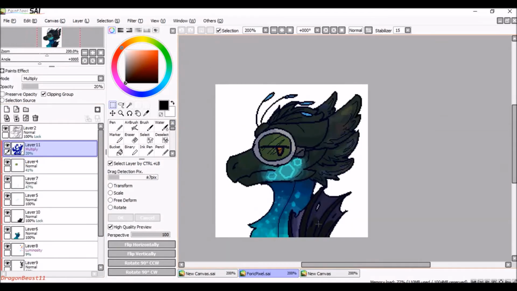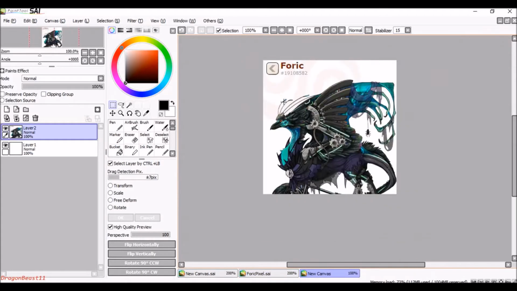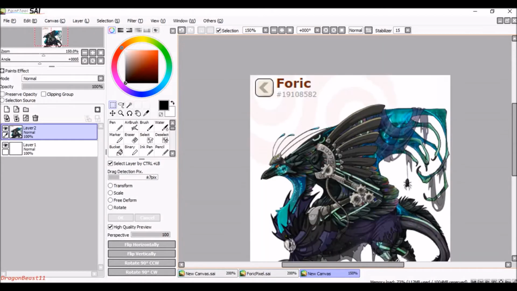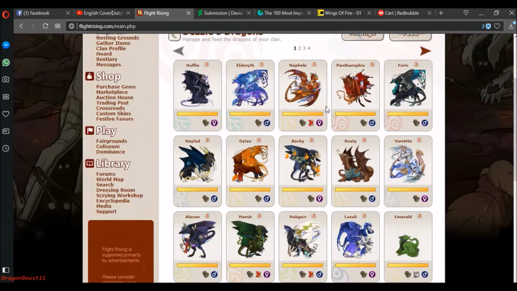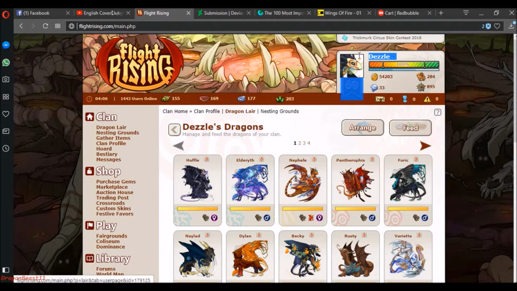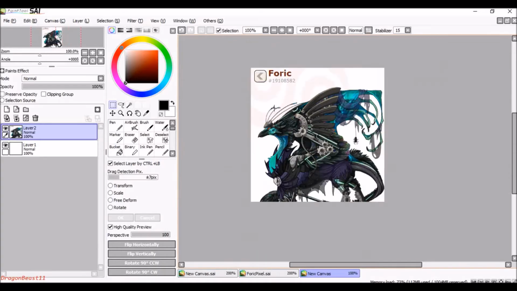And this is one of my dragons of Flight Rising, which is not an amazing game, but it's like Neopets, but with dragons. It's amazing. And it's this guy here. I print screened it so you can see him, but you can just go and add me if you play Flight Rising. I'm in Plague, as you can see here. But coming back,